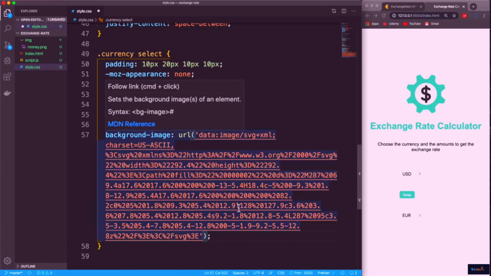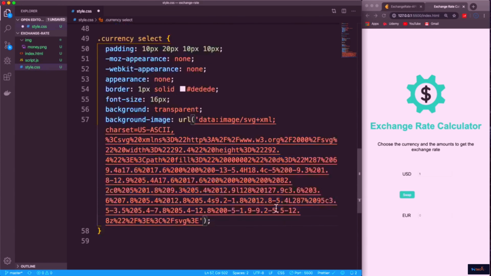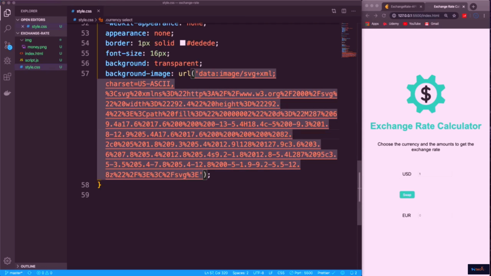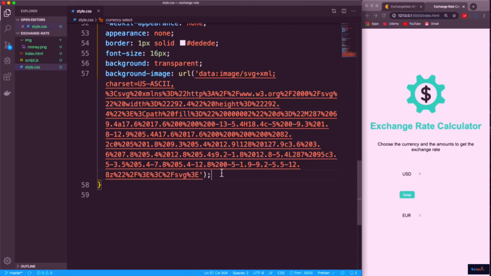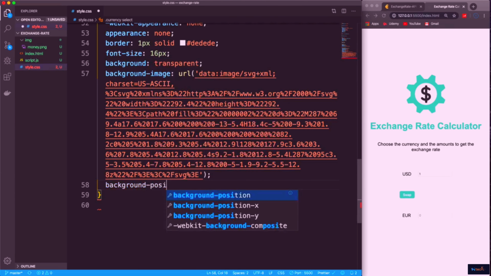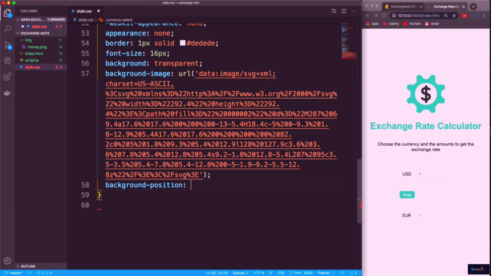Obviously I don't expect you to type this all out, so you can get this from the GitHub repo. Now if I save this, we still can't see the arrow image because there's a couple other background properties we need to add here. So let's do background position, and we're going to say from right we'll do 10 pixels, let's say top 50%, and then 0, 0